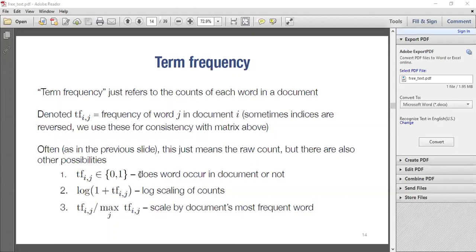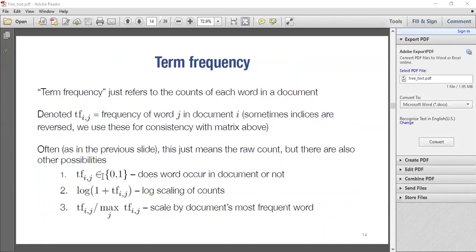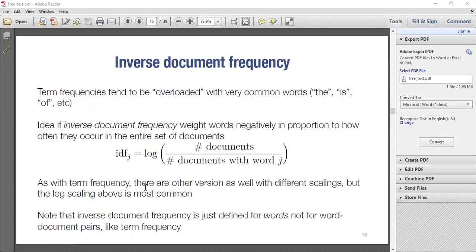But just understand that they are all called term frequencies, whether you are doing it as a binary or you're doing it where you normalize by dividing by the maximum you have within the document. They are all term frequencies.